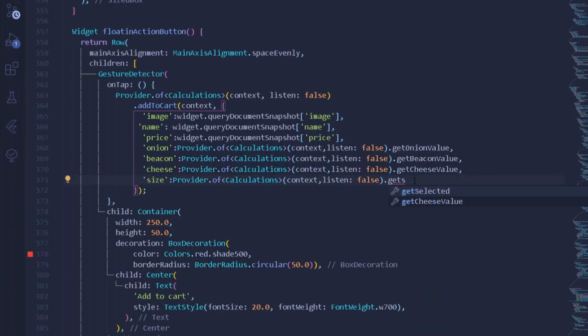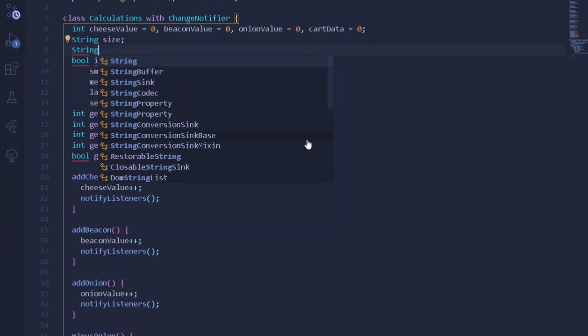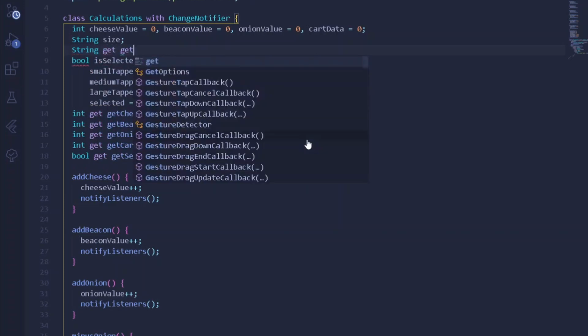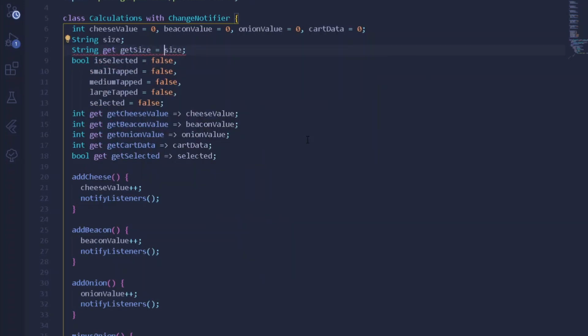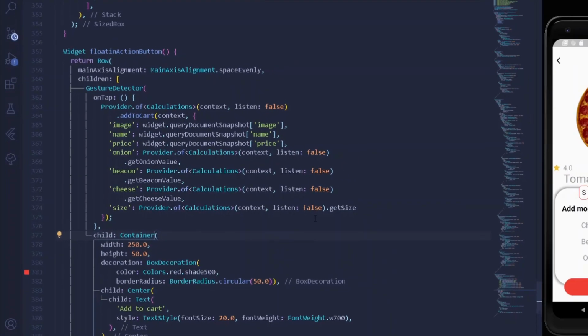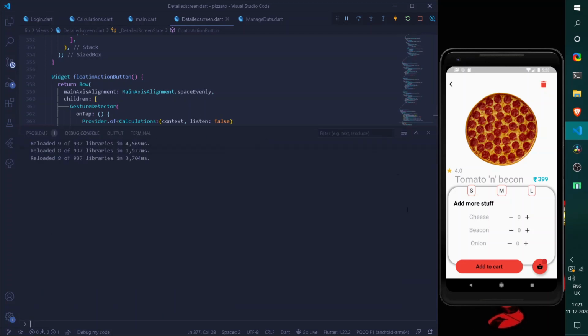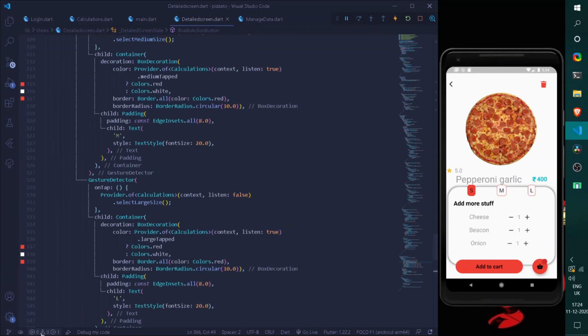Alright, I think we forgot our size. No worries. Let's have a new getter for our size. Let's say get size. That shall be equal to nothing but size. So once this is done, get size, the respective thing. Once this is done, we are ready to go. So I can simply open up my debug console. Let's choose some materials 111. Let's add the data. Alright, so before carrying forward, let's reload our entire application once.